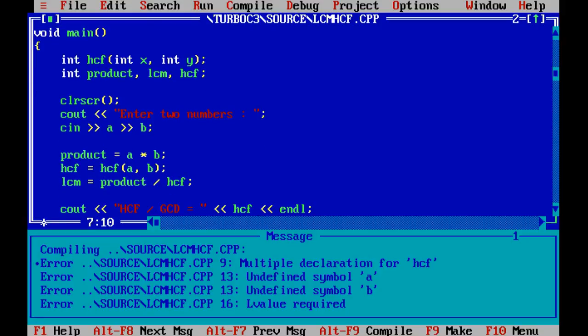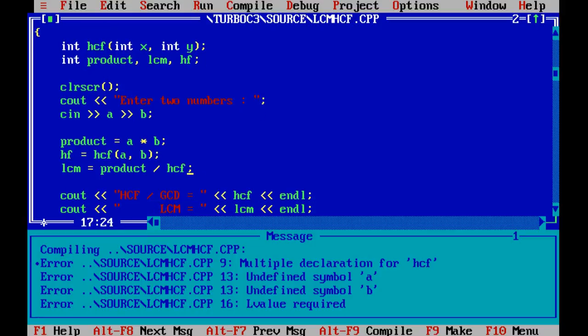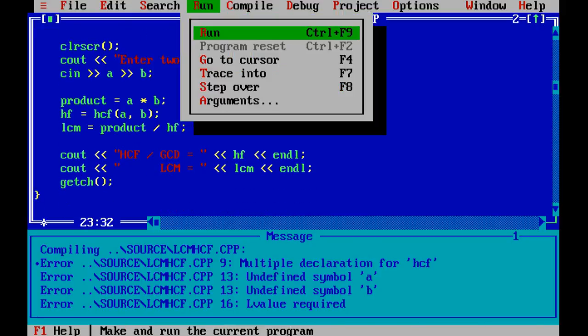Now where is the multiple declaration? I think we can't use this. Here also HCF and there also HCF, so let's keep it as HF. All right, so HF, so this would also become HF and this would also become HF.